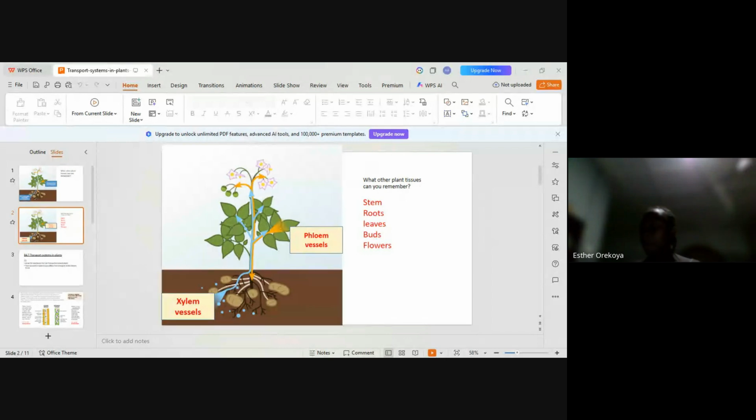While the phloem is responsible for transporting organic food prepared by the leaves to storage organs like the bulbs, the fruits, etc. Now, the vascular bundles are arranged in a specific pattern, from the xylem, the phloem,